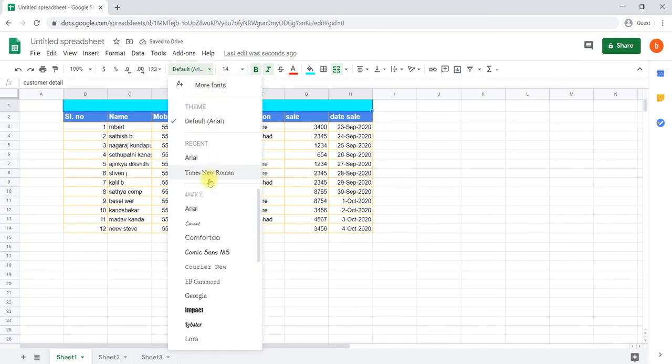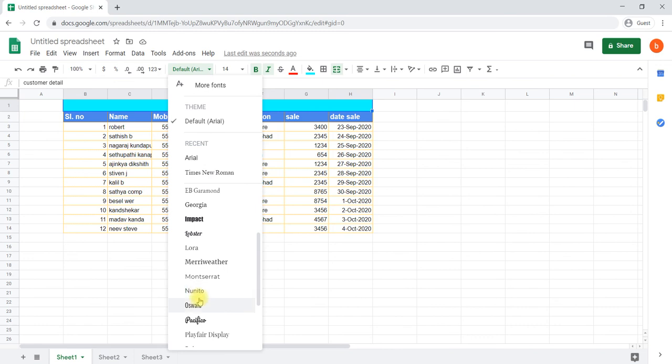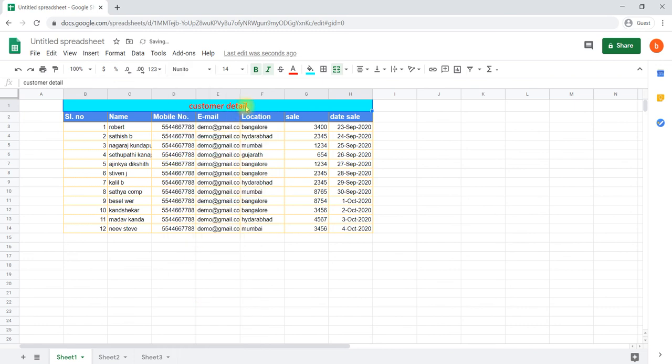Then we can change to any other font which will look better for this particular thing. This is the basic formatting we have learned about: applying a border, coloring, and making it possible with a background color.